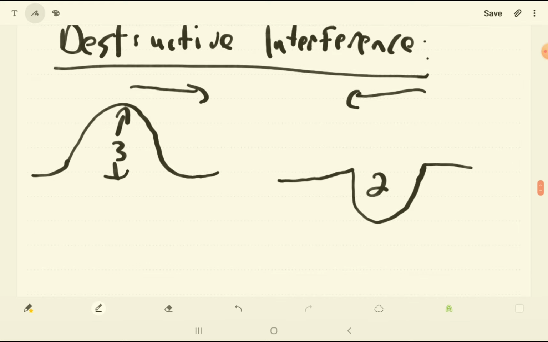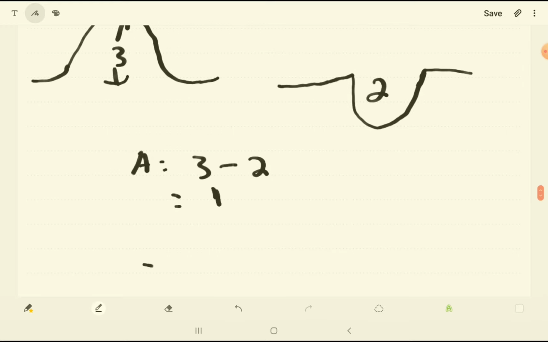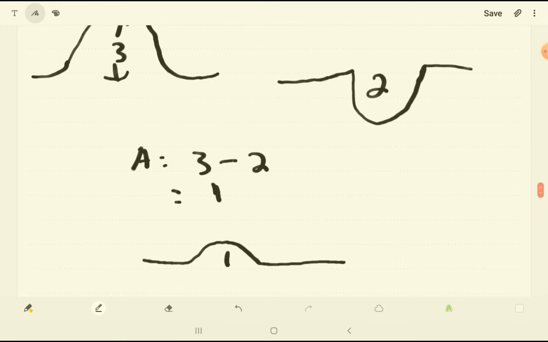While they would actually cancel each other out, the amplitude here, because you can think about this like a negative 2, would be 3 minus 2. And that would equal 1. And so the final interference pattern would look like that. It would be 1, which would be the difference between 3 and 2. Okay? Now,